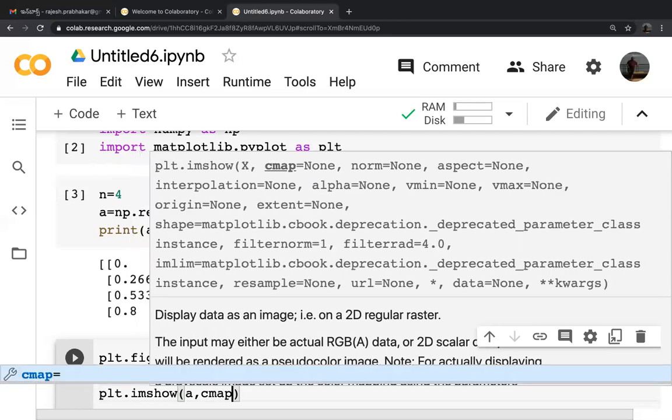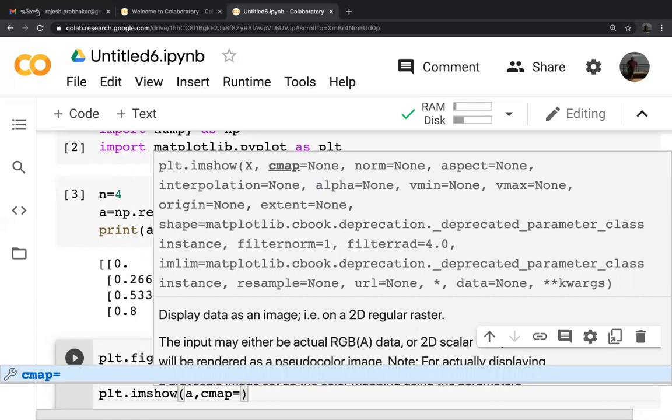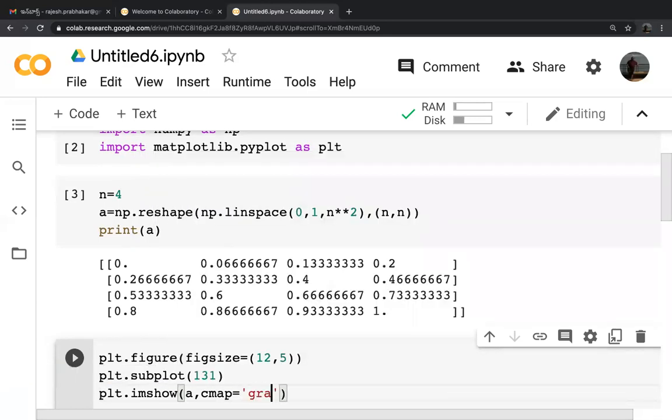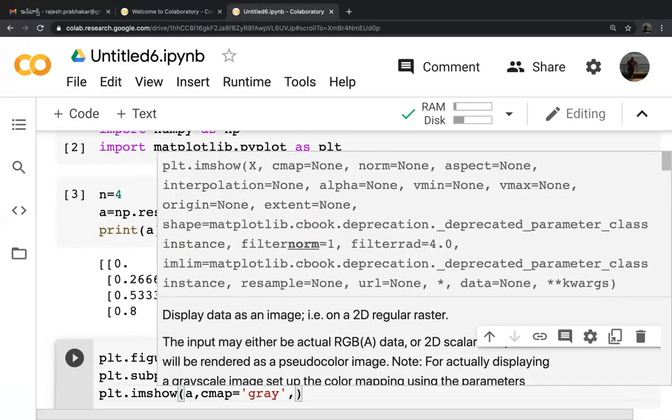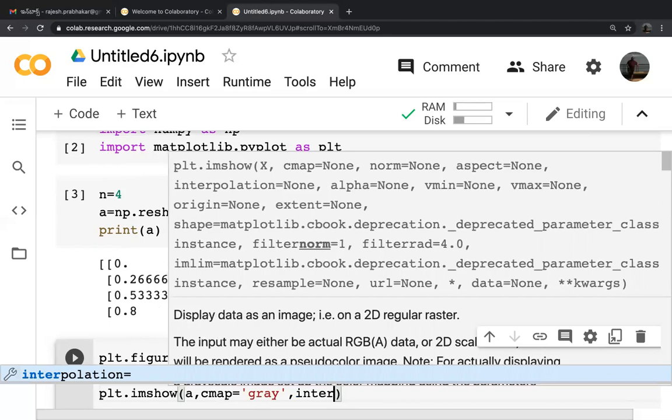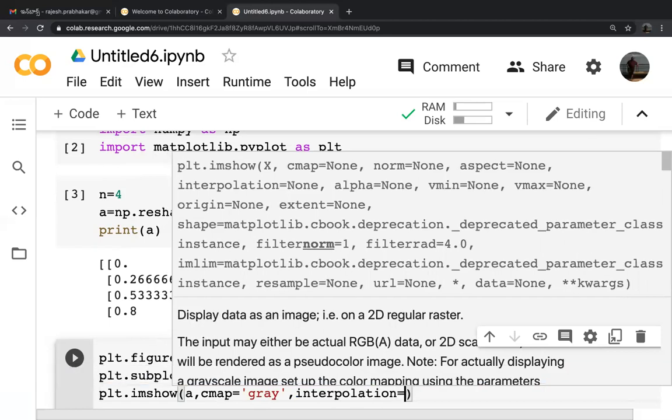cmap, the color mapping. cmap refers to color map. So let us say we will go for a simple grayscale map, comma. We are giving a grayscale color mapping. Interpolation is equal to nearest.